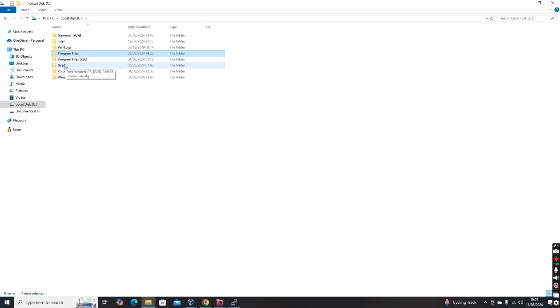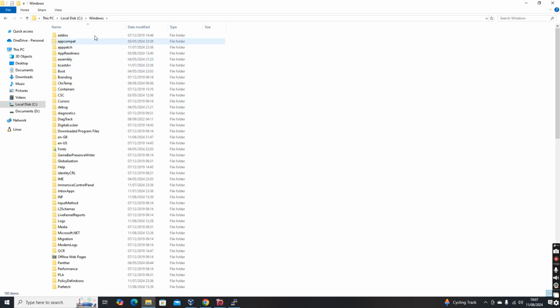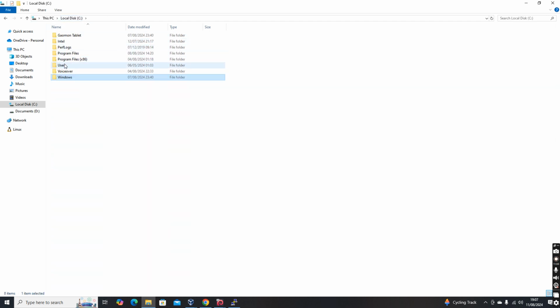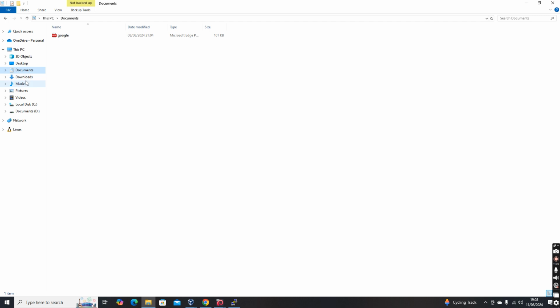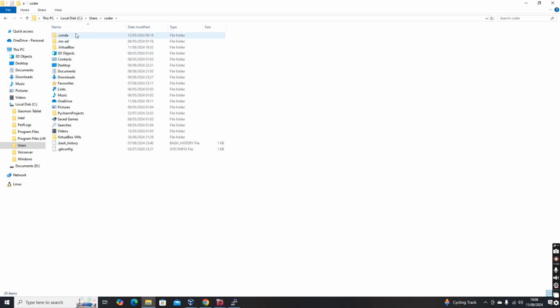Then we have the Windows directory, where the operating system components reside. And then we have Users, where all the user home directories are present. I am right now logged in as the coder user. So I have Desktop, Downloads. If you see my Downloads, this directory is basically c:/users/coder/downloads. This Downloads is specific to my user. Similarly, Documents is specific to my logged in user, and Desktop is specific to my logged in user. It is all present in c:/users. This is the coder user, and this is where user specific things go.